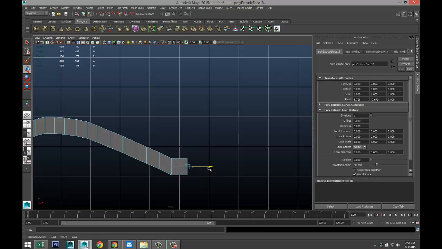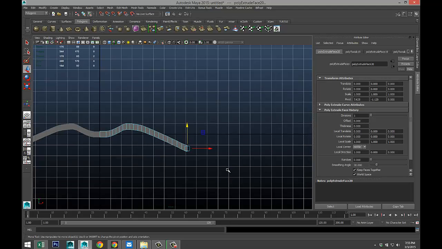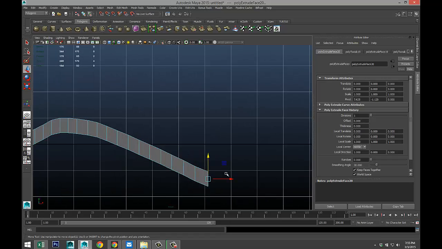I don't want to do it too fast. Let's just check our shape now and then.